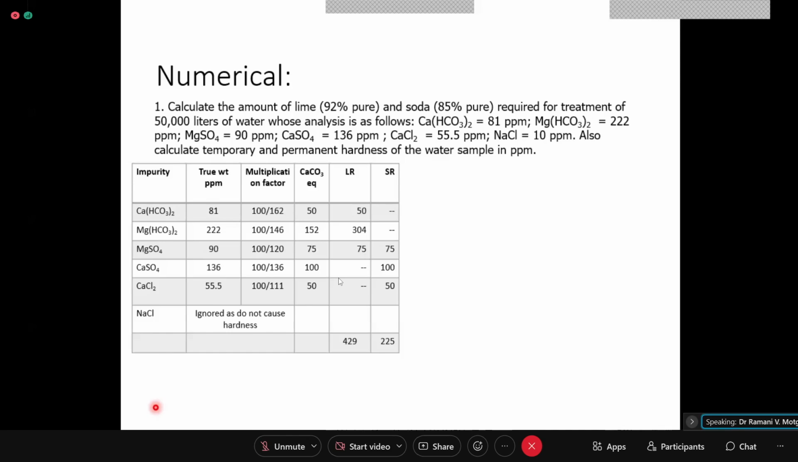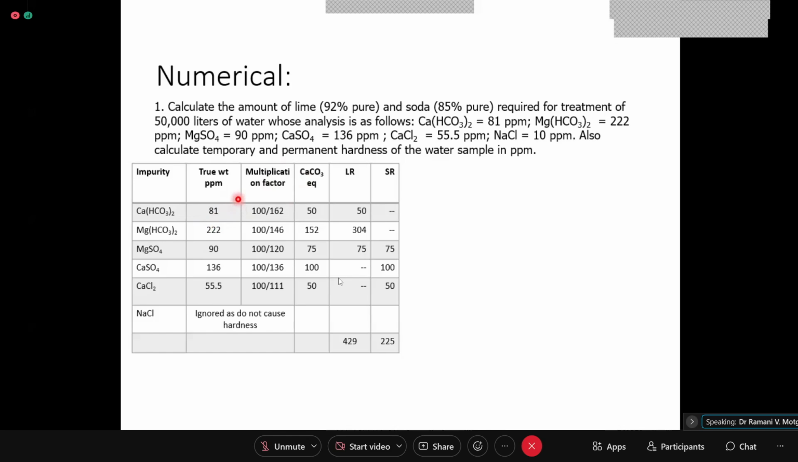The numerical is done. Okay, now in the same table where you are writing this, you make columns. That will save your time. So you make a column and write the multiplication factor. Now, what is the multiplication factor? Multiplication factor is